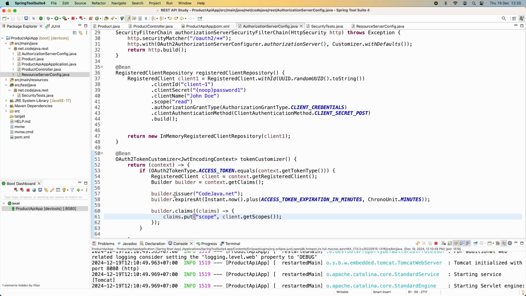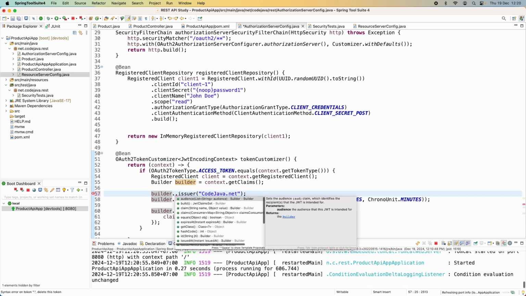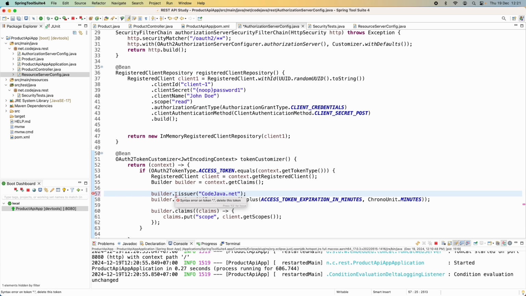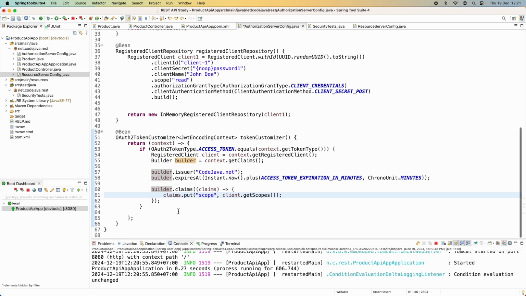Okay, with builder you can use some standard methods: audience, issuer, expires, add, id, issue, not before, the standard claims. But the scope is not a standard claim, so you need to write the code like this to alter the map, to put a new key, which is scope, and the value is the scope's value of the register clan object. Okay,